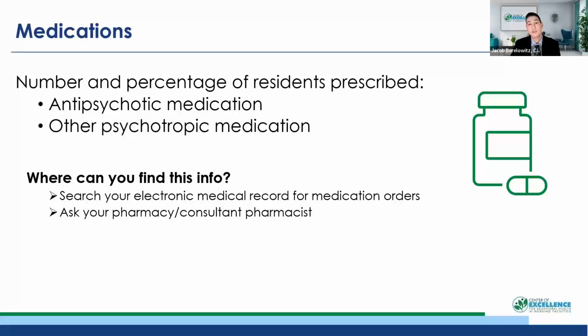But I would encourage you to also ask for psychotropic medication usage. So that means other medications that are for mental illness. So for example, antidepressants, anti-anxiety medications, because those will also tell you about residents who have behavioral health needs, right? Even if they don't need an antipsychotic, if they need medication for anxiety or they need medication for depression, they also may have unique needs that you want to make sure that your staff are prepared for outside of just medication.